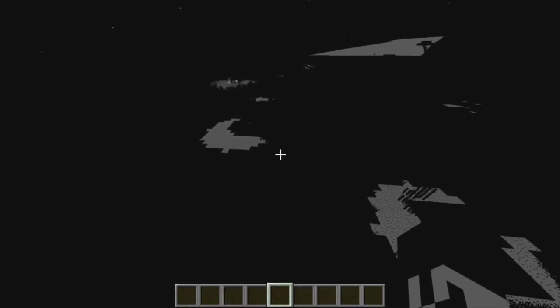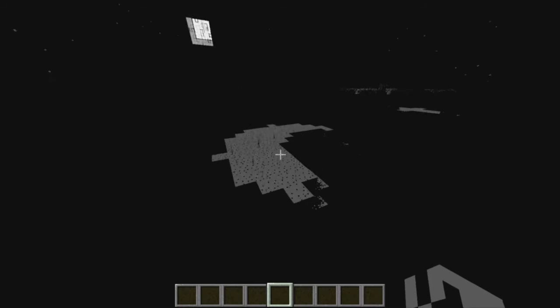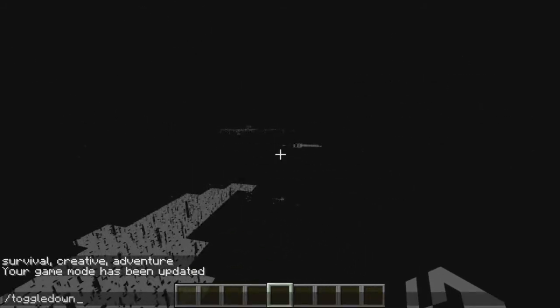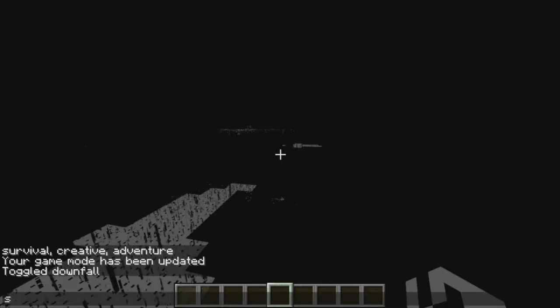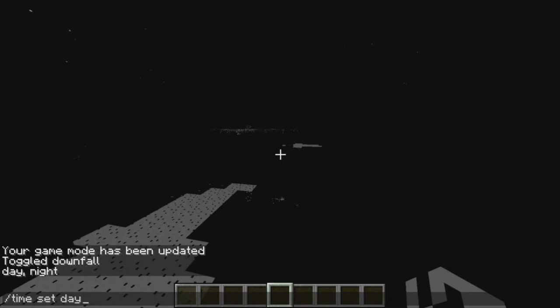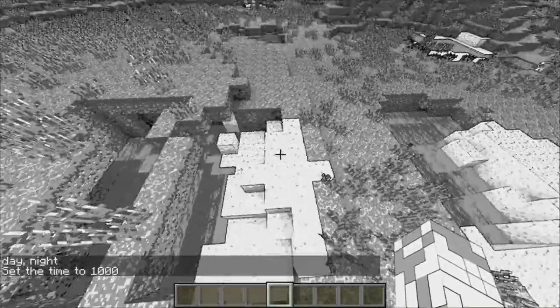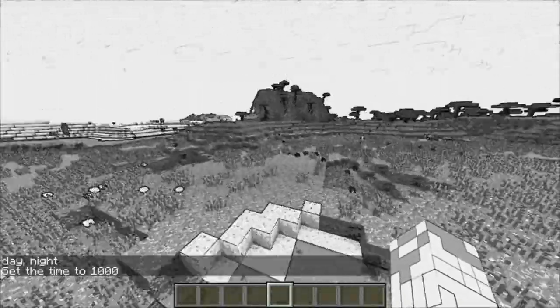What's the next one? Oh, wow, this one's really down. It's raining. God. Let's just toggle downfall. Get rid of that. And let's set the time, set day. There we go. Whoa. Wow. Yeah, you can see the colour difference there, so you can see sand and bits and pieces,